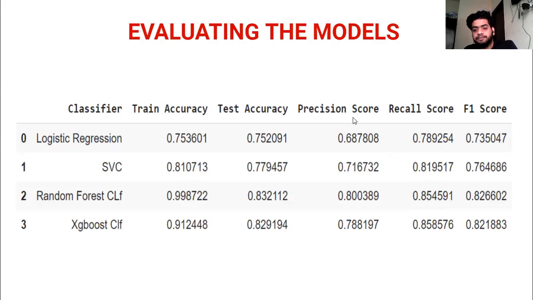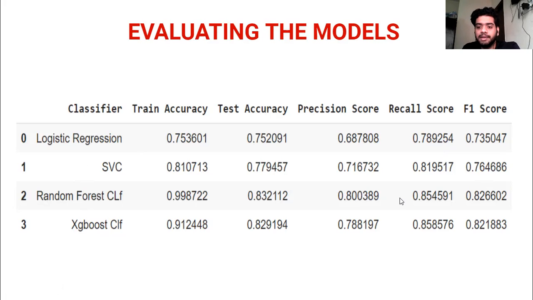And here in logistic regression the accuracy score is good, but the recall score is not that good, and in this problem we give the importance to the recall score. That's why we don't use logistic regression, and that's why our best models are the XGBoost classifier and